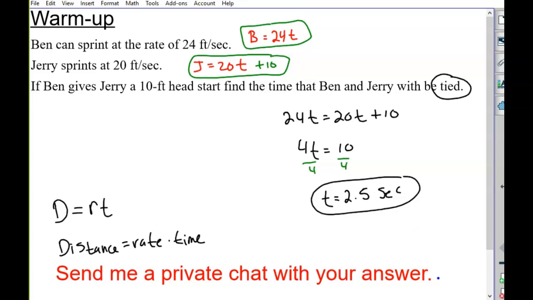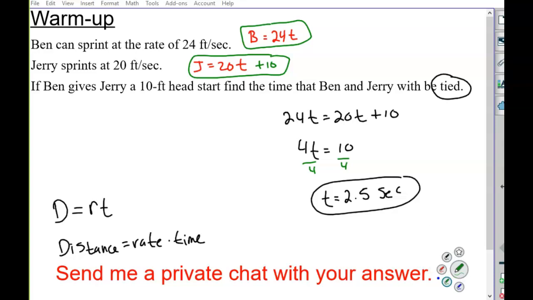Some of you maybe created a table, set up a table and looked at Ben's distance as time went on, and Jerry's distance as time went on. This is kind of like a system of equations where you have two equations and two unknowns. Now I could also ask you, how far did they go? How far did they travel